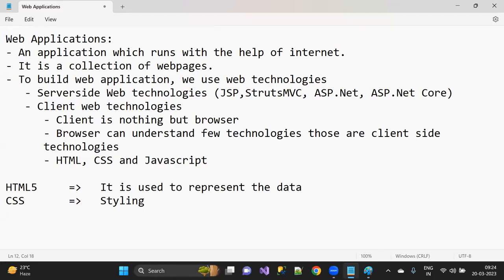But over a period of time, writing the same properties again and again, we might feel it's a time-wasting process, obviously. Suppose today I developed an application where I have written a list of styles. Maybe a week or two weeks later, I want the same kind of page.